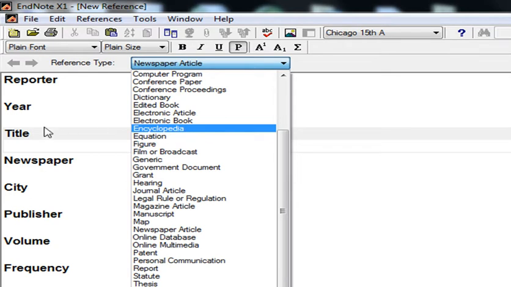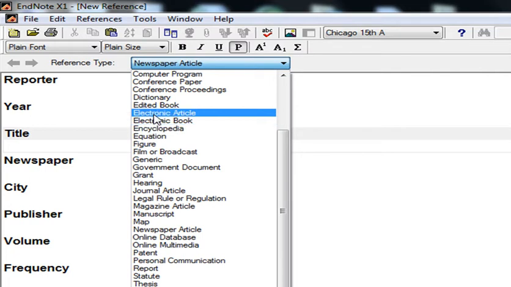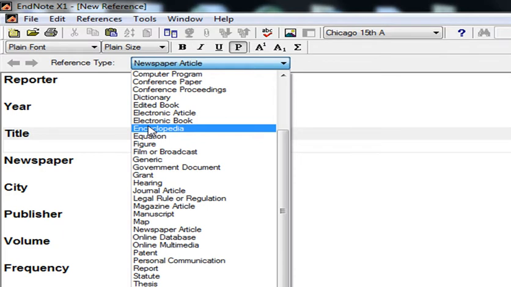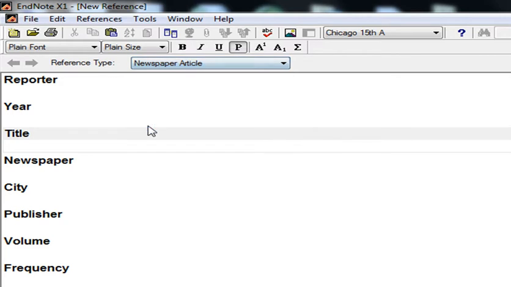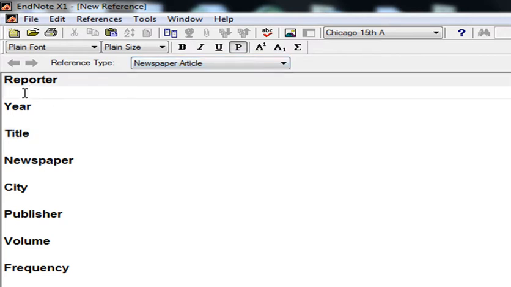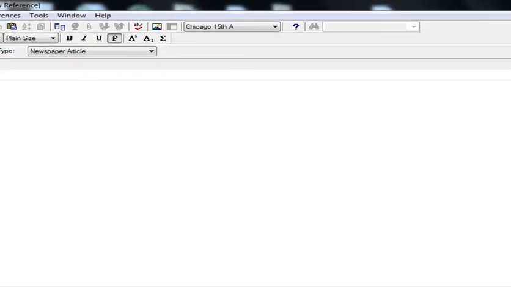You can select whichever resource you want, and right now I'm going to tell you how to insert the reference from a newspaper article. We'll have to click newspaper in the reference type. Then we will be entering the name of the reporter.